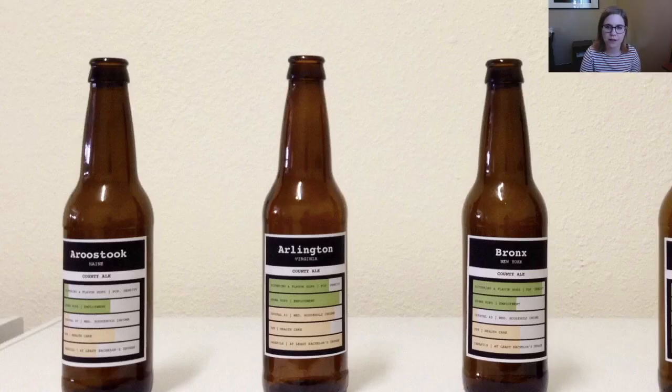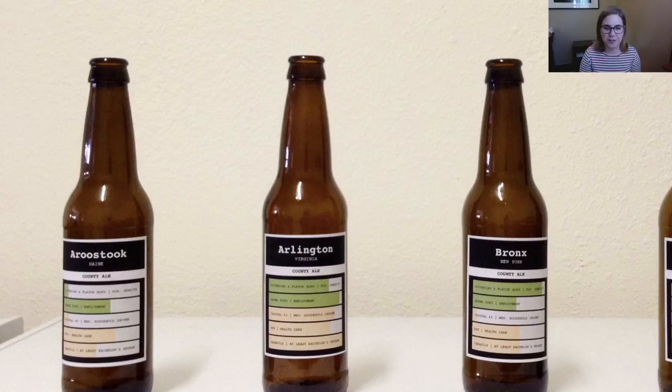Another example is from Nathan Yau. We've read some selections from his books, and I know you know his blog FlowingData. Nathan decided to brew some multivariate beer. He put different ingredients in the beer, like hops and yeast and whatever else goes in beer, in proportion to different pieces of data from the US Census. And I think Nathan said that the beer didn't taste great, so it was more of an experiment,